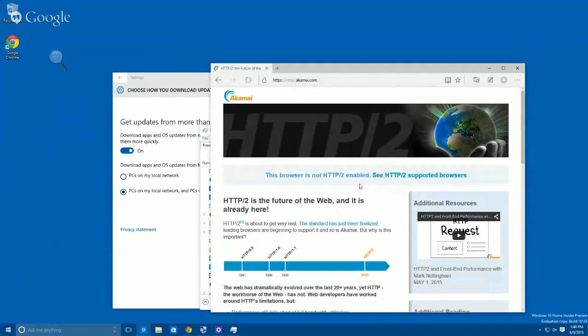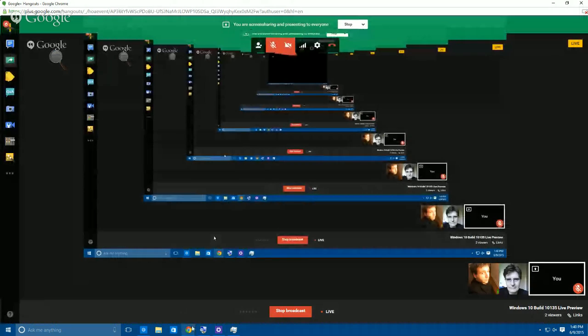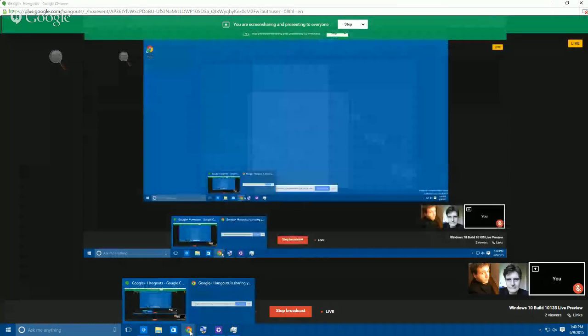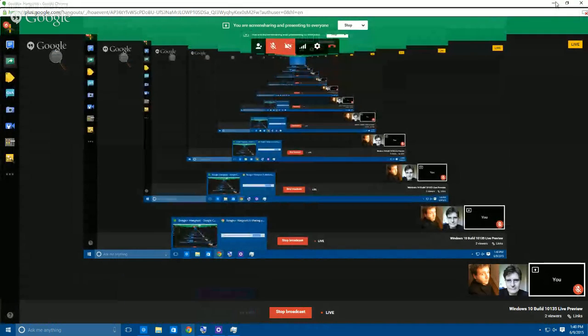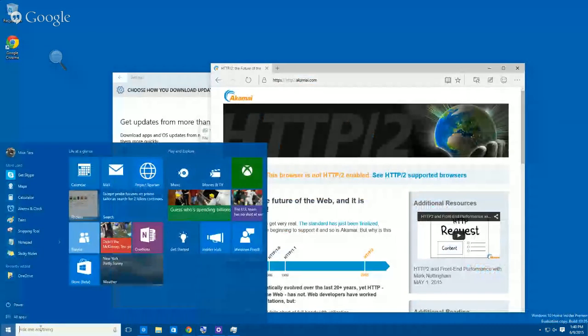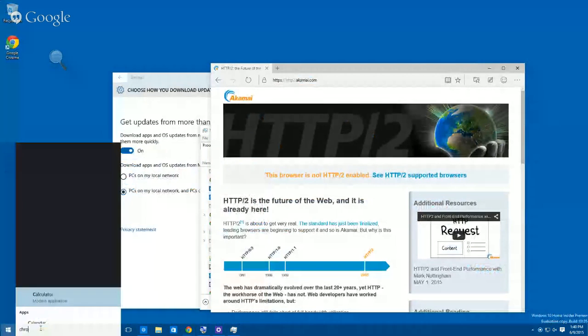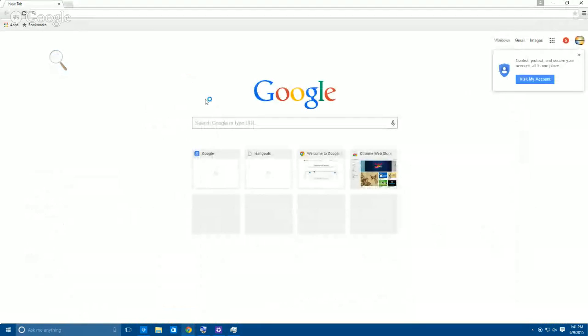So a Microsoft support site. But it says this browser is not enabled. It detects it automatically, right? This page, http://akamai.com. If I go to that same page, and excuse me, because this is going to go crazy. Right. I'm stuck. I'm lost. I wonder if you search for Chrome with Cortana, it allows it. But if I type in on here,